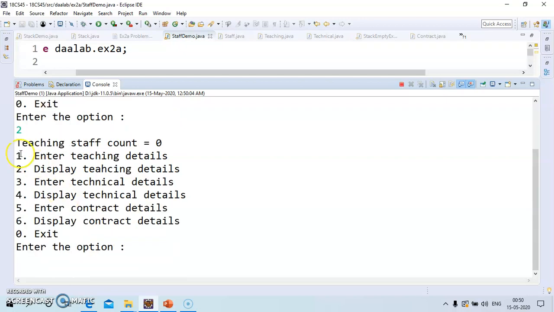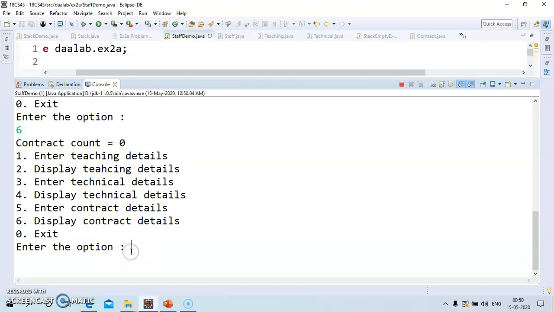So we will get a message like this, teaching staff count is 0. Similarly, I will try to display the technical. So I have taken 4, then I am getting a message technical count is equal to 0. Similarly, now I will try 6, that is contract. So now it tells me contract count is 0 because we have not given any data.